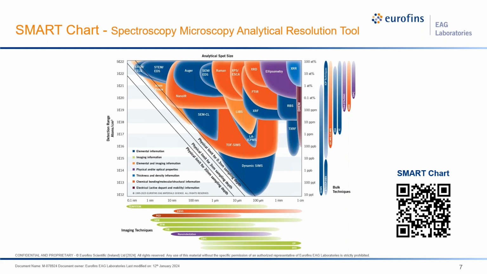Now, many of these techniques can do materials identification, and some of them can't. But we're going to talk about a few that can. And what we mean by materials identification is it's able to do an analysis and discover what's present. So you don't have to put in the elements you're looking for, you can discover what's there. That's really what materials identification means in our view. And that's how we're going to concentrate our talk to the techniques that can discover what is there and give you that identification.